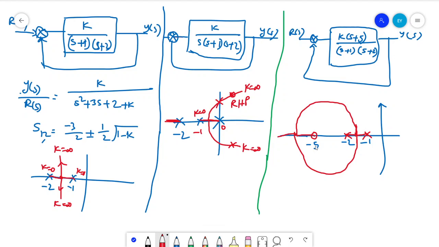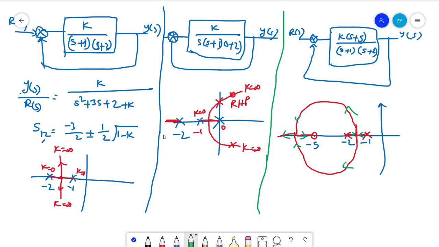So from all these three root loci, what we can understand is the effect of adding an extra pole or extra zero. How is the root locus affected? See here, the direction of the pole is this way, and this will go this way, and here the pole will converge, and one pole may go towards -5 and another pole will go to infinity.